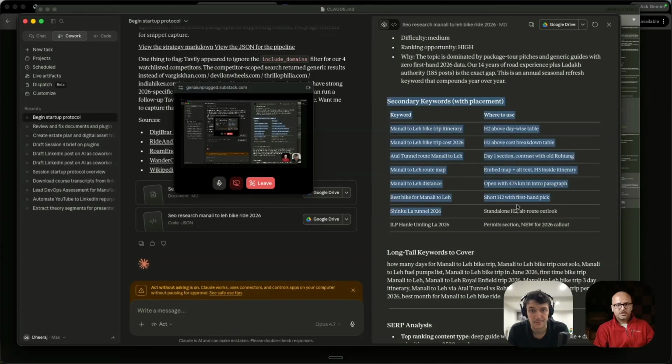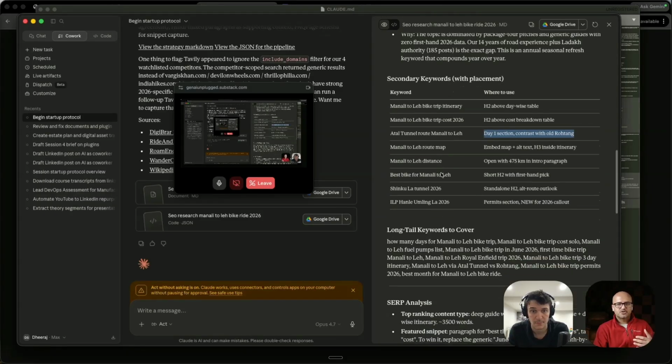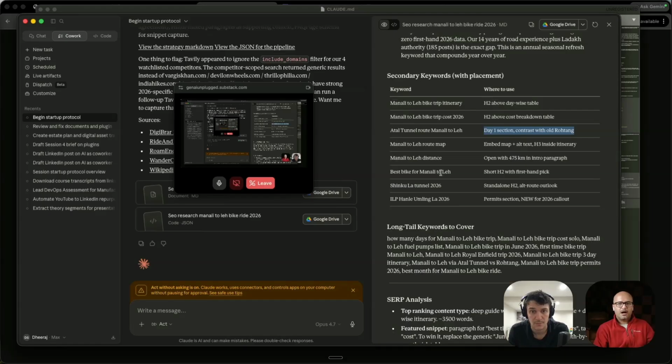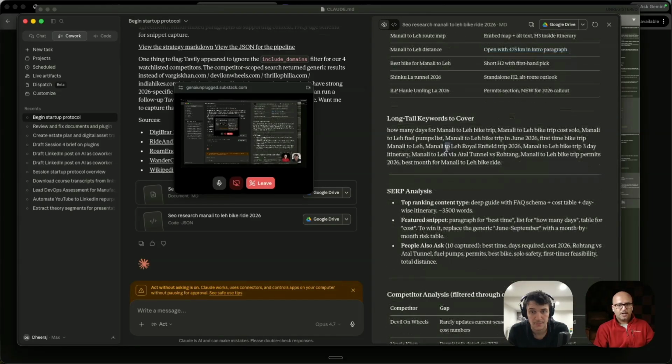And finally, it is also telling where to use them. In your H2 heading, use this type of keyword. In the day one section, use this. In the embedded map, use this. That way you will be able to rank higher, and these are all long tail keywords. So if you feed all this information to your writing agent or writing pipeline, you're going to get a draft output for which you don't need to worry about AEO and SEO. That's the actionable thing that comes out here. I'll share all the templates in the recap. I know we need to quickly wrap up, but that's how it is.